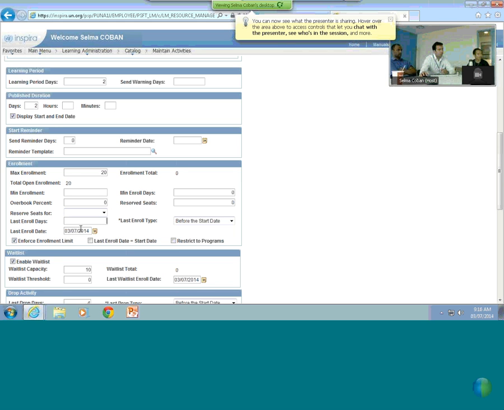This is important. You can set up the last enrollment date. What that means is that this course is, for example, on the 17th, and you want people to enroll at the latest one day before, or a couple of days before. I think the policy in New York, if I'm correct, is 4 days, right? So normally you have two options. Either you can just select the number of days here and put 4. That will mean that it will be 4 days. And if you keep that policy consistent, then that number is saved.